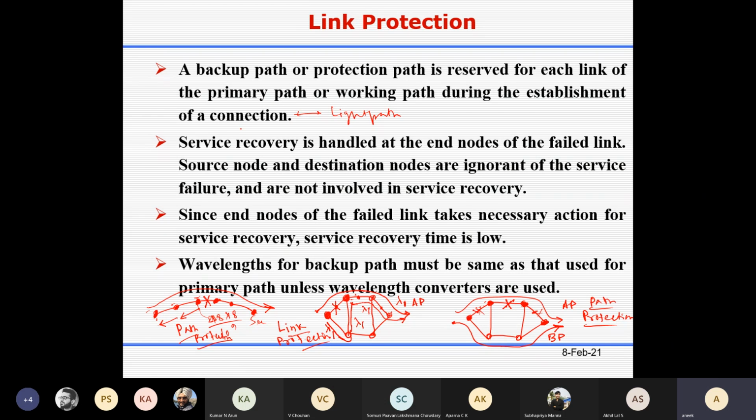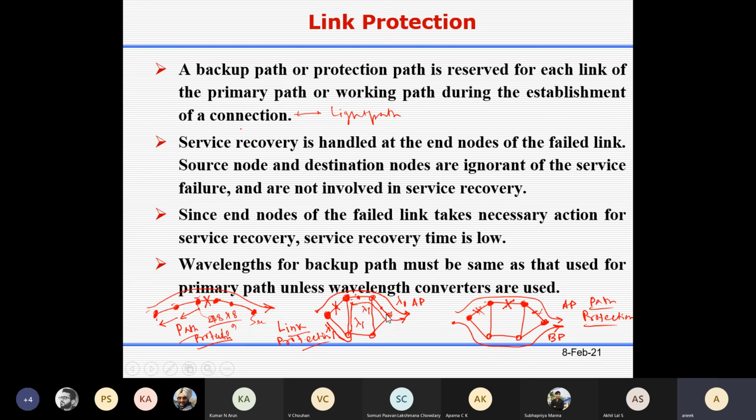Actually this is a protection scheme. Protection scheme means that it is not done at runtime. At the beginning, whenever a light path request comes to set up a light path between this node and this node, and if we are using link protection, then for every link we have to find an alternate path. So we have to reserve the same wavelength lambda1 in this segment, again for this segment, and again for this segment. As we have considered only one fiber can fail at any point of time, either this fiber fails or this fiber fails or this fiber fails. If this fiber fails, I'll be using this path. If this fiber fails, I'll be using this path. And if this fiber fails, I'll be using this path. So it is done at the beginning.